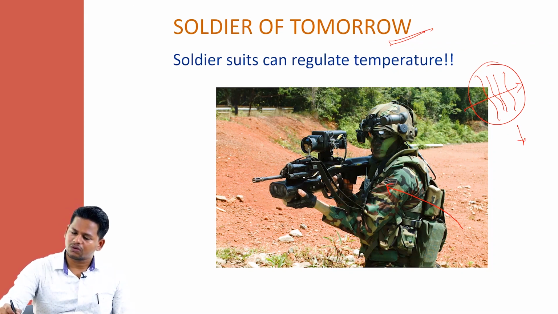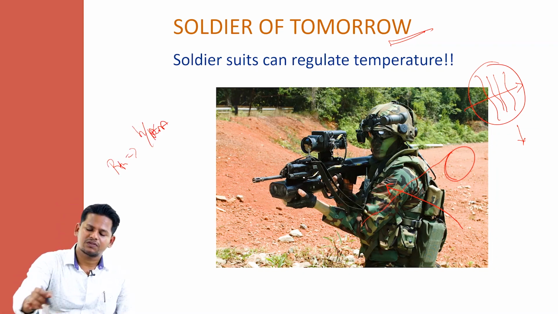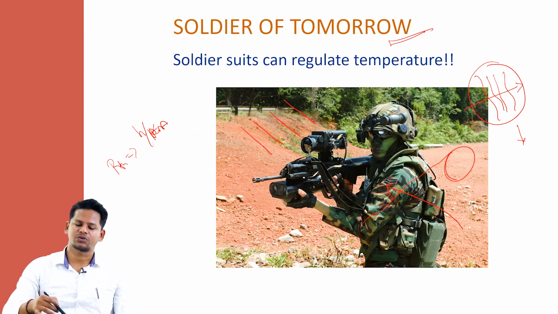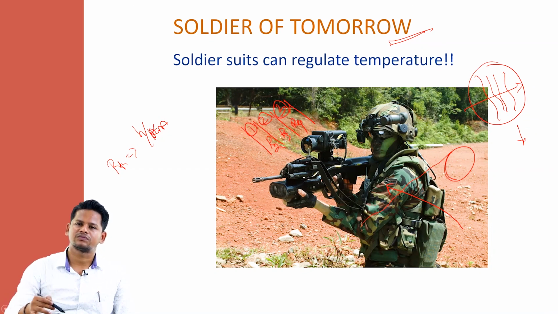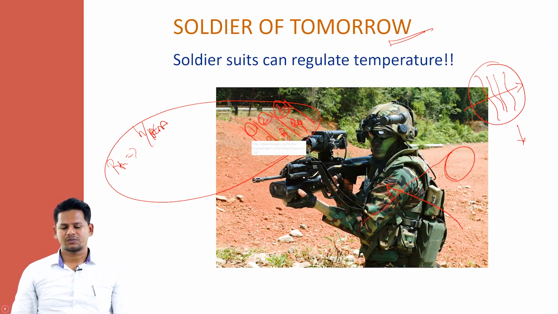So here you should know how the mechanism is happening. Outside we have ambient air. Assume that the ambient air is just hitting this suit of the soldier, where it is convection. Assume that we have 3 layers of materials in the suit. So within the material we have conduction R2, R3, R4, material 1, material 2, material 3, material 4. You can easily find the value. RTH is nothing but R1 plus R2 plus R3 plus R4.